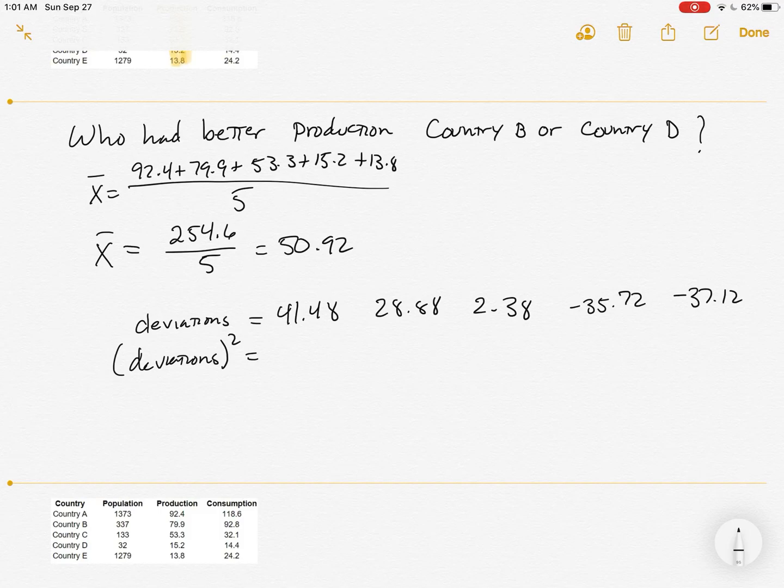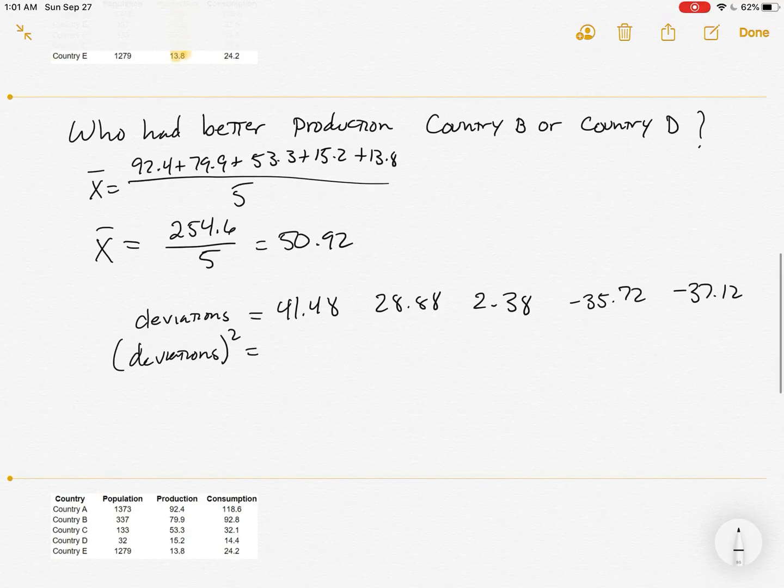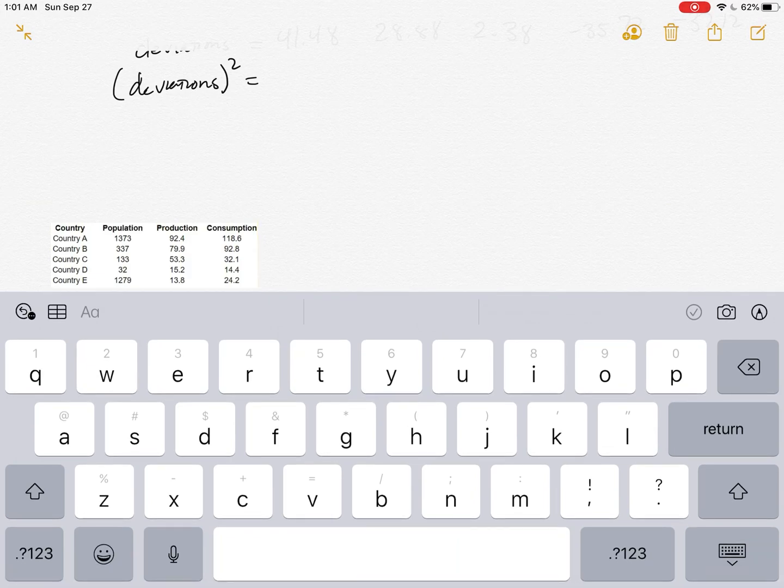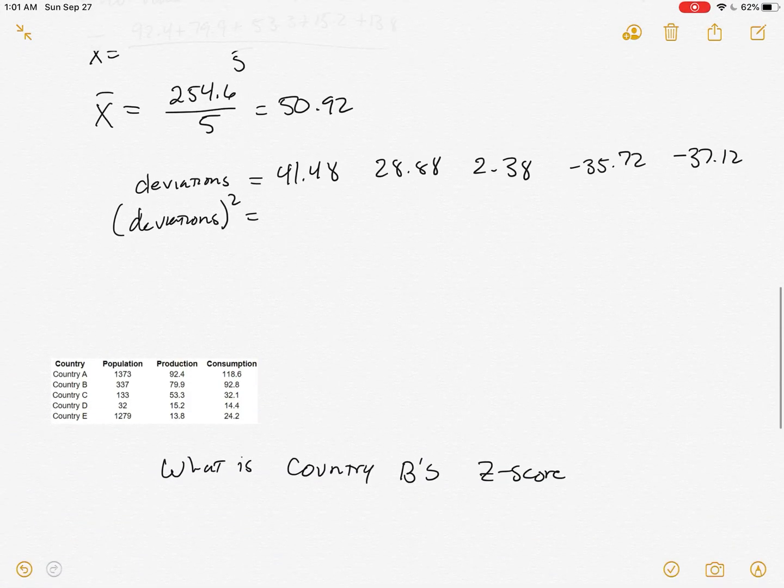So you could not write everything down. Add to that, I don't type it in as negative, 35.72 squared, and add to that 37.12 squared. And so the sum of those squares, I didn't write them down individually, but you're going to add them up as you remember, and the sum of those is